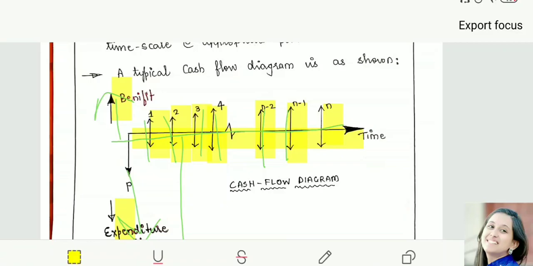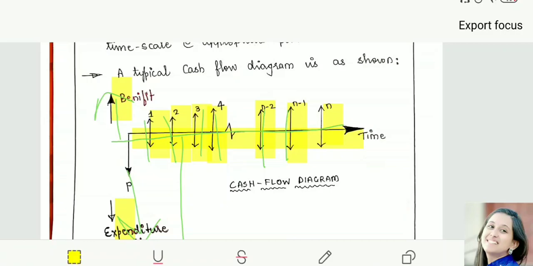Second year, how much is the amount that you are getting back? Depending upon the magnitude, you can denote the individual lines, which will help you for a better understanding of the numerical. The positive cash flows are drawn above the horizontal axis, whereas the negative cash flows are shown below. That one you are able to see in this typical diagram.